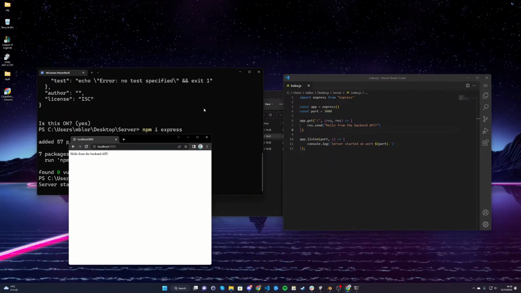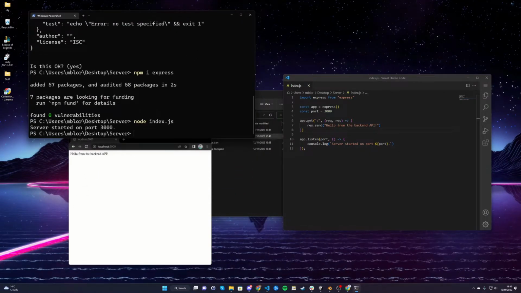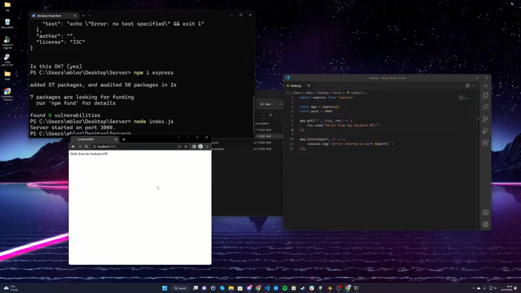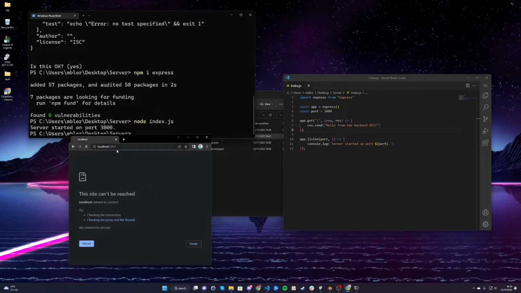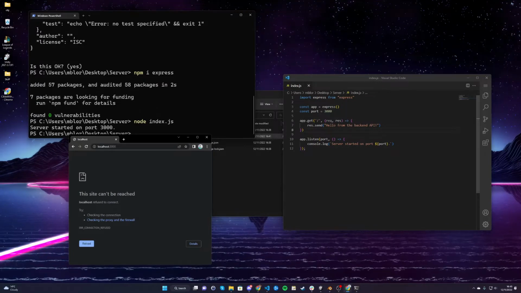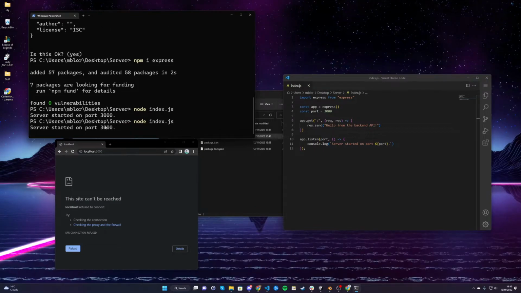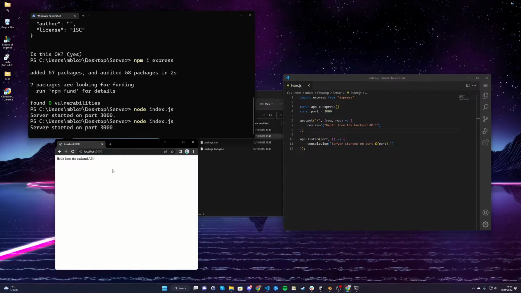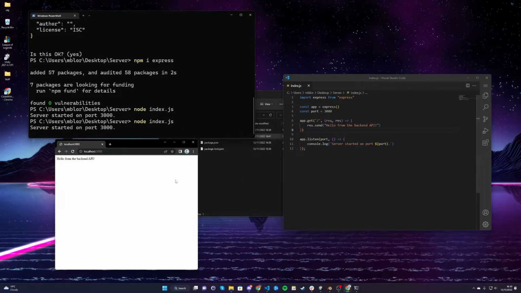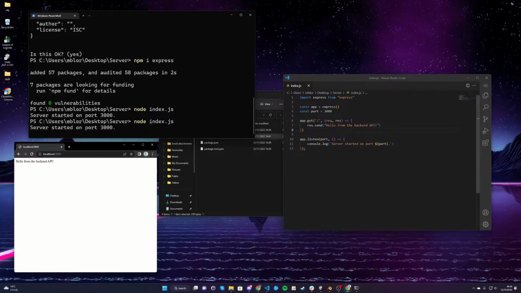So if I kill this process by hitting Control-C and refresh this, you'll see that Chrome says that it can't reach this destination because we've closed the application, the port has been closed, nothing's listening on that port, so the browser can't connect to it. So again, I'll restart the server, go back to that URL, and we're communicating with this application here. Great. So now that we've got our backend API running,